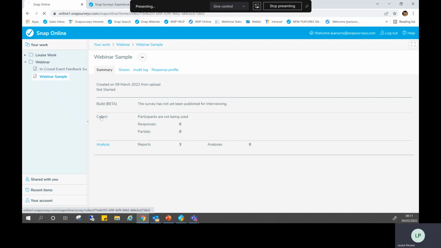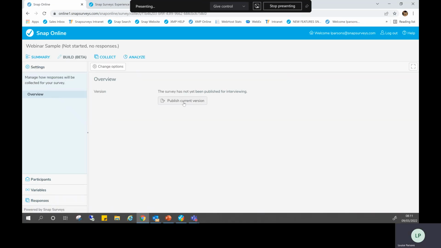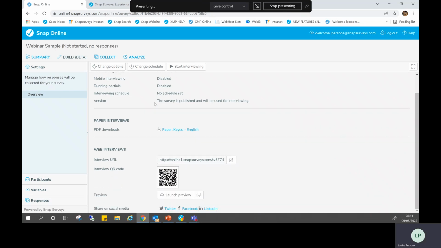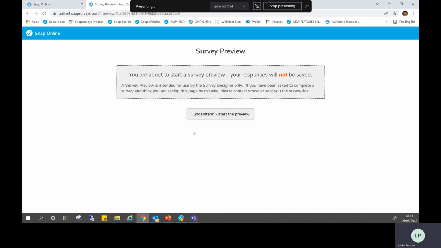So if I click on it and just go to the correct, I can publish that version that I've just created. And if I just scroll down, I can click on my launch preview and it lets me see a preview of the survey. I can fill it out just as if I was a respondent and it won't have any effect on my results.